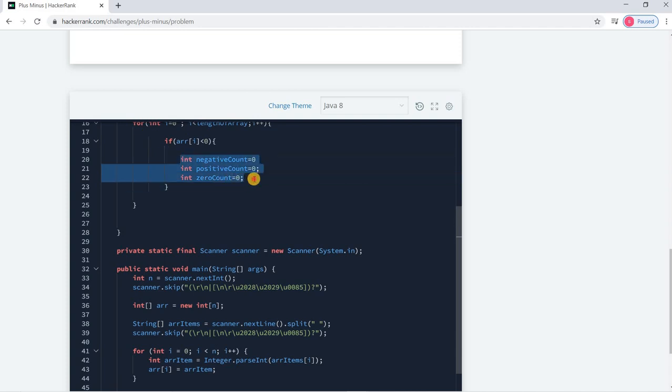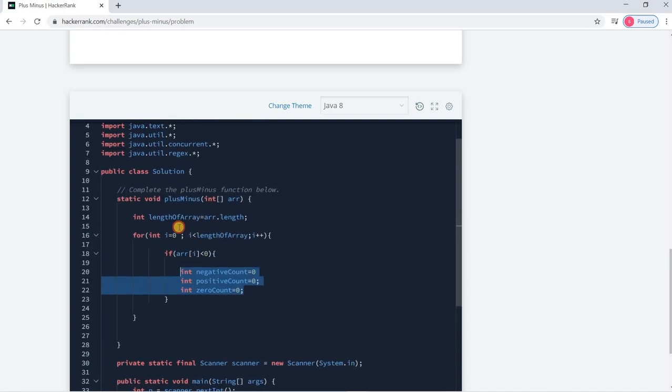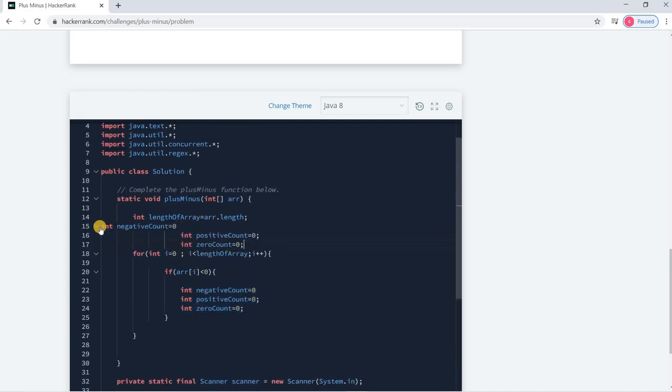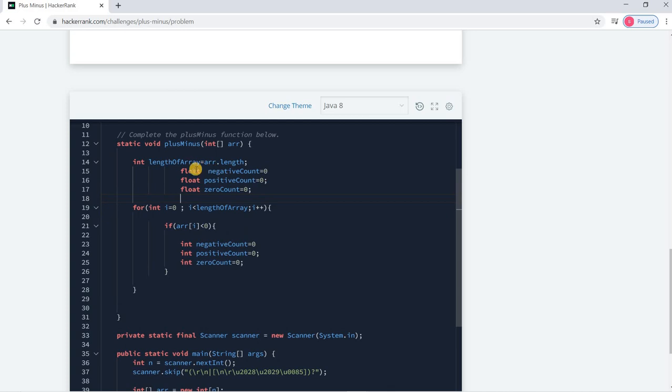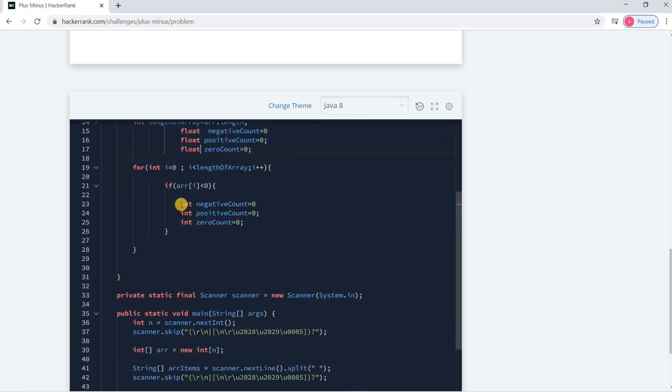All those values we have to take as local variables, as every time we need to increase by 1 based upon the count. And one more thing, we don't have to take int here, we have to take float, as the output has to be in floating format, not in int format.